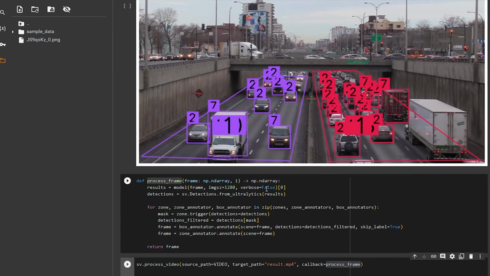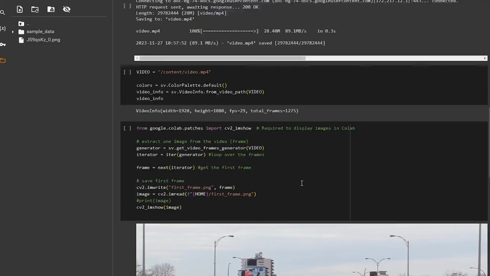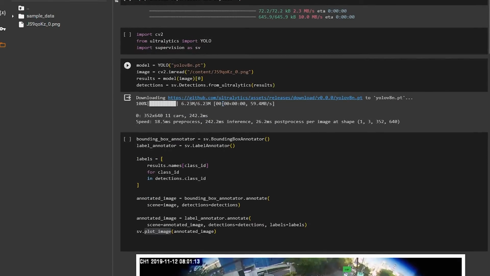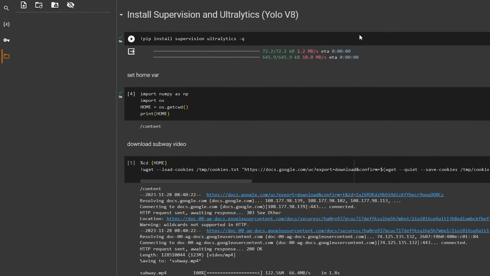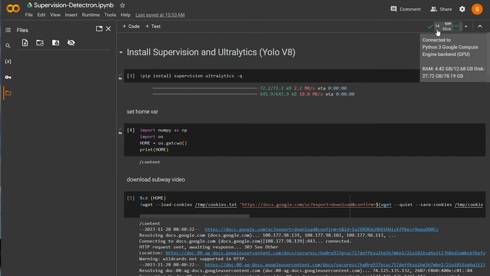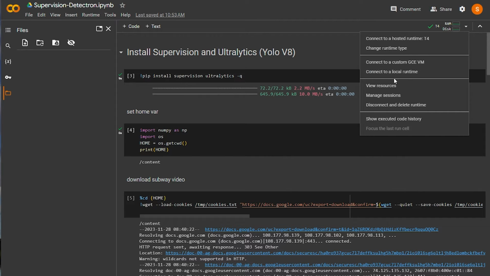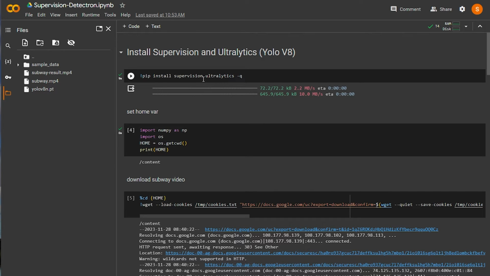Okay, that's it. That's super easy. You can do it with YOLOv8. It's straightforward. You can get it up and running very fast. But what if you want to use it in something better, or take it to the next step? I got here a Google Colab that is using GPU. You can change the runtime type in your Google Colab by clicking change runtime type, selecting the GPU that you find,